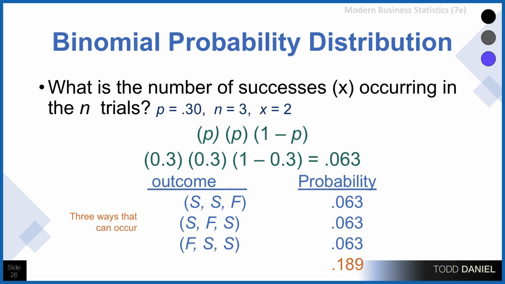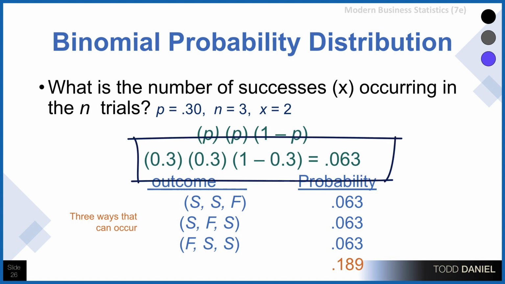What we would first need to consider are the facts that we have available to us. We know the probability of any one person making a purchase is a 0.30. We know there are 3 customers who have entered the store, and we're interested in the probability of 2 of them making a purchase. Now we could start this very simply by just taking the first probability, multiplying it by the second, and then the third person doesn't make a purchase, so that's 1 minus the probability, which of course is 0.3. So it's 0.3 times 0.3 times 1 minus 0.3, which computes to 0.063. That is the probability for just 2 of them making a purchase.